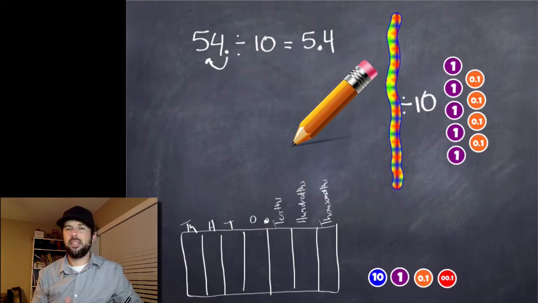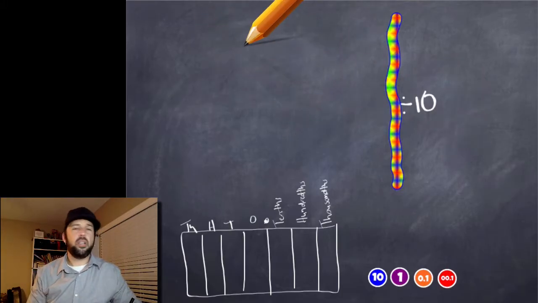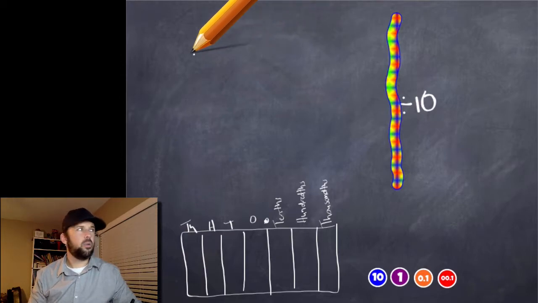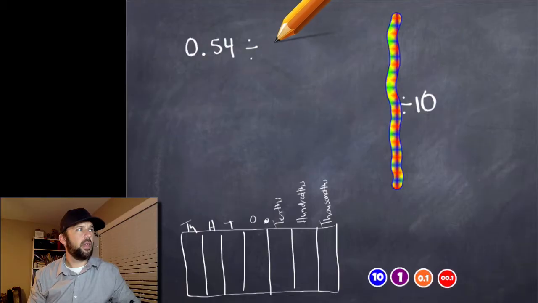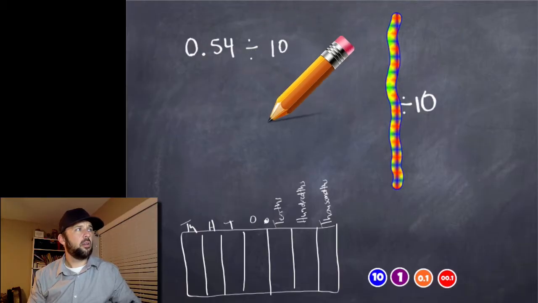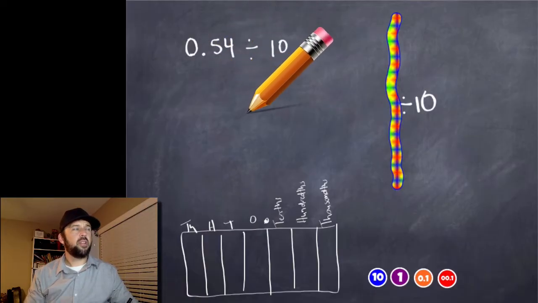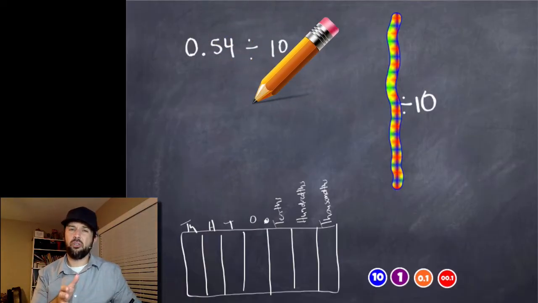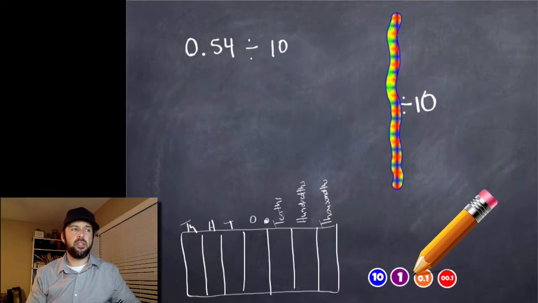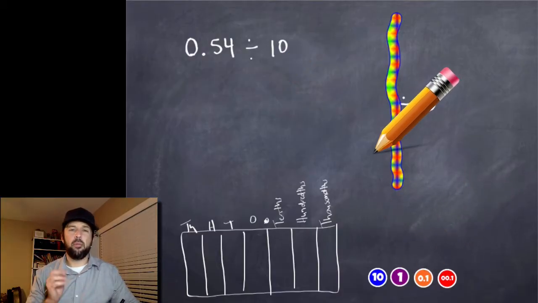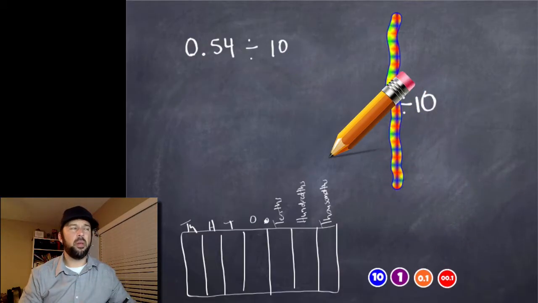All right, let's take a look at another example. Since you guys are so super smart, let's step up our game a bit here. What if I gave you 54 hundredths and we were dividing that by 10? What do you think that would look like? So 54 hundredths, let's go ahead and model that on your place value chart. Go ahead and draw out what that would look like as far as place value discs goes. And I'm going to create it here, and then we'll compare what we have.